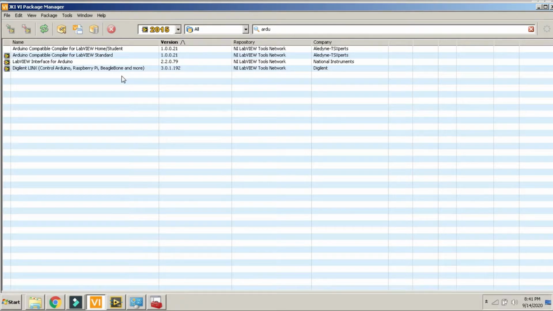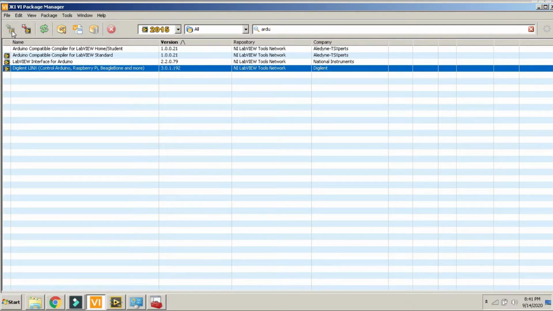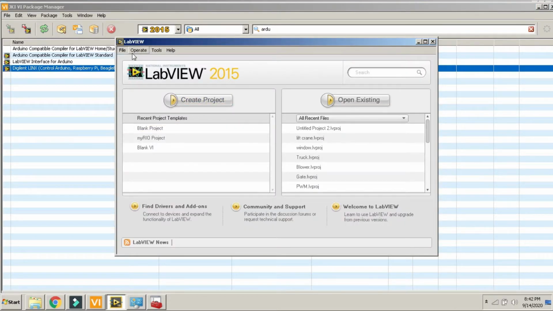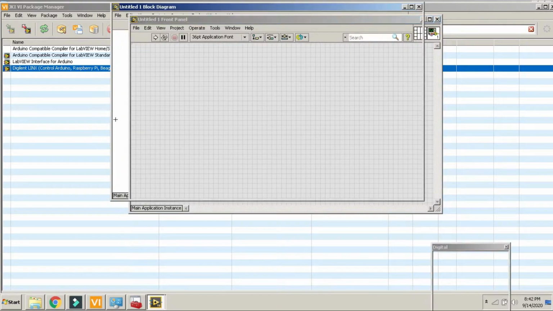So first of all, I am telling you about LINX. Select this and go to install. I already installed this. This is the uninstallation option. This is the installation option. During installation, you have to open your LabVIEW, so it takes less time for interfacing or creating a toolbox. Then I go to LabVIEW and create a new VI. In this new VI,